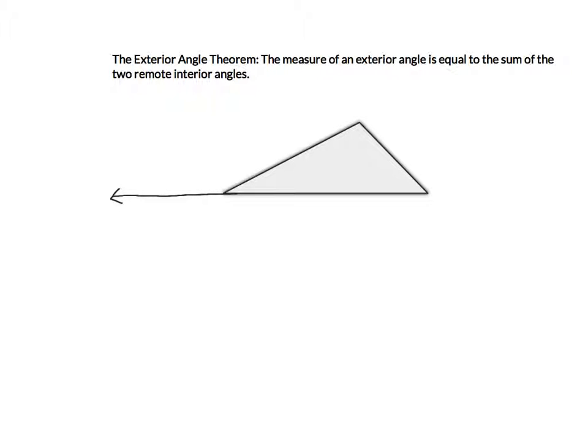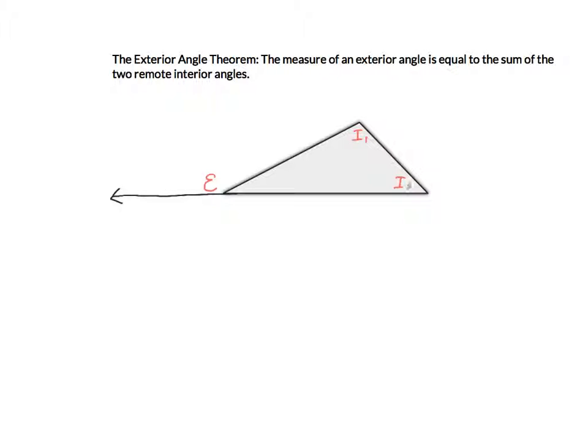Today we're going to talk about the exterior angle theorem. The exterior angle theorem states that the measure of an exterior angle is equal to the sum of the two remote interior angles. So what this is telling us is that the measure of the angle here on the outside of this triangle, if we were to extend a line coming out of the triangle, has to be equal to the sum of these two